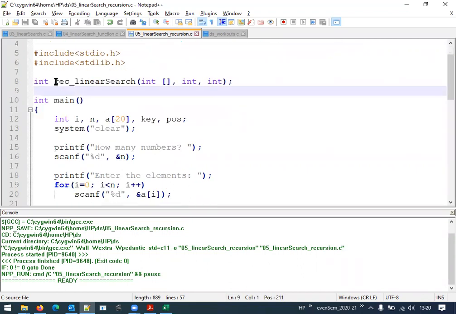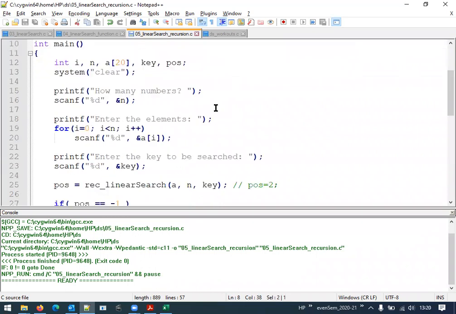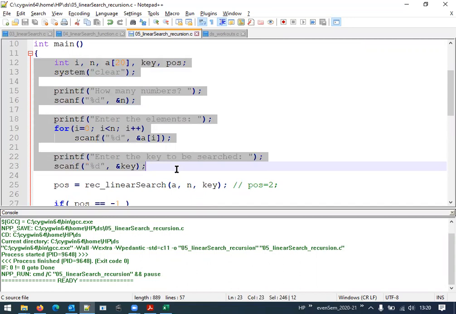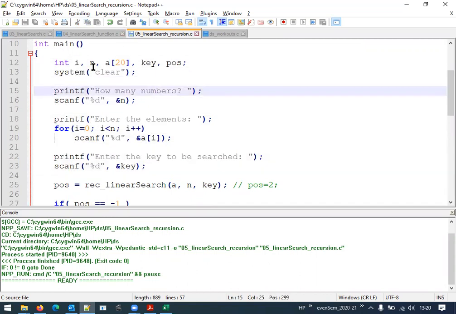Now the function which we have defined here is recursive linear search. It again takes three parameters: an integer array, the number of elements, and the key element to be searched. These lines remain the same as in the previous programs: declare the variables, read the number of elements, and read those elements into the array, that is how many numbers we want to store and then those many elements.